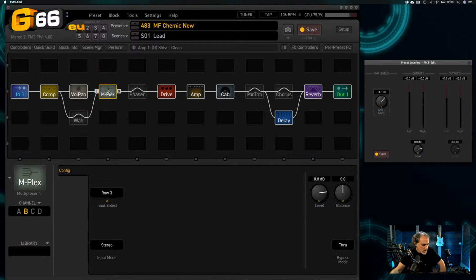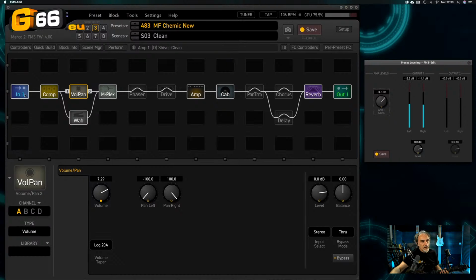If I select the rhythm part, I change the channel to A, and I select the row 2. In row 2 there is the volume. So when I use channel A, or the clean channel,